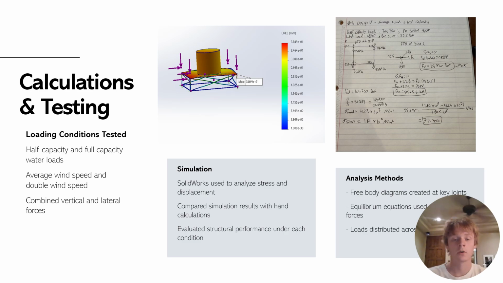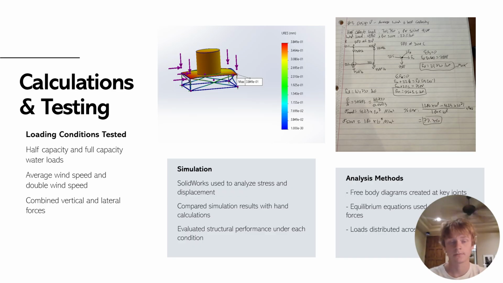Using equilibrium equations, where the sum of forces in the x and y directions equals 0, we solved for internal forces in members like the diagonal brace and horizontal support. The diagonal member carries more load because it resists both vertical and horizontal forces, while the horizontal member mainly resists